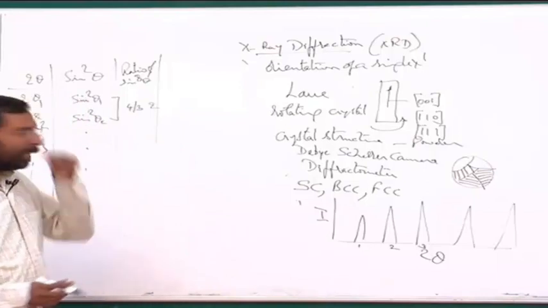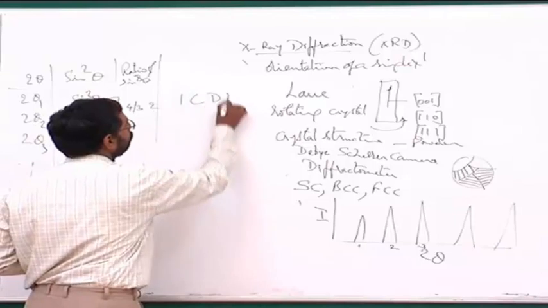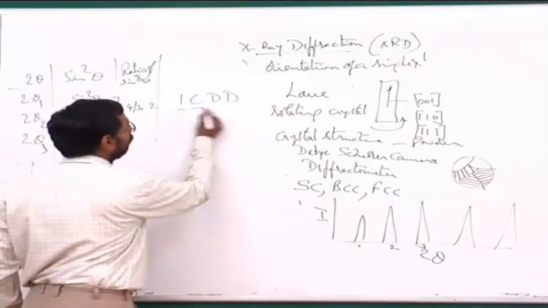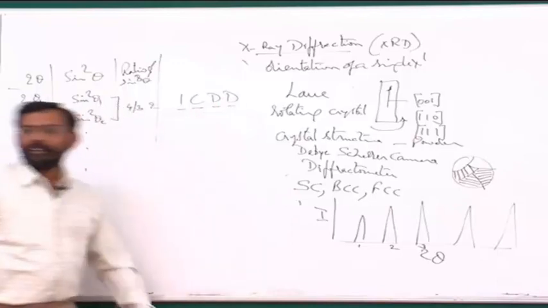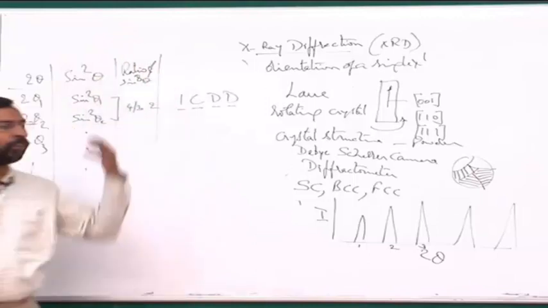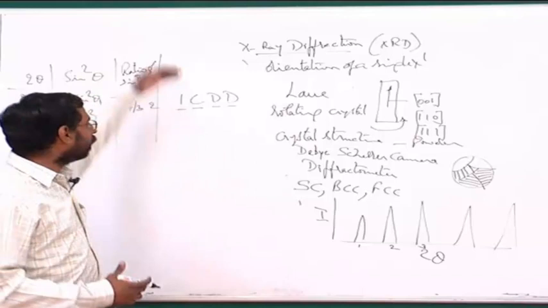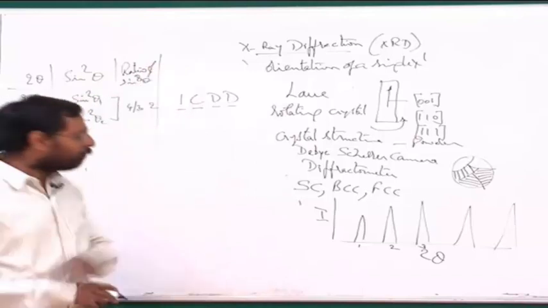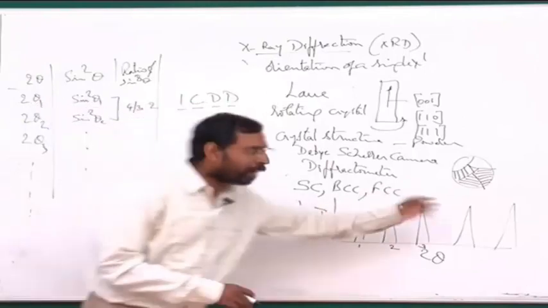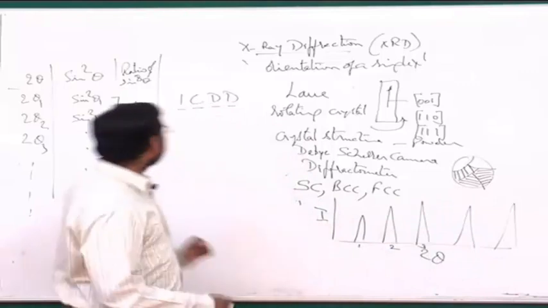The simpler method is simply to go to a standard handbook, which people call ICDD, which is called International Committee on Diffraction Data. And in that handbook, you have all the compounds or all the metals that people know, all the phases that we are aware of. For them, the XRD patterns are all given. So I try to take my material and get a diffraction pattern and compare the d spacings that I get. How do I get the d spacing?